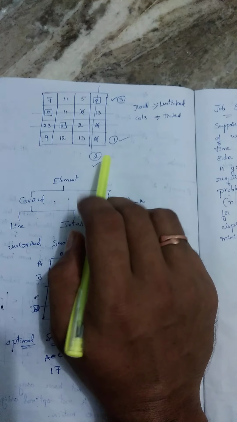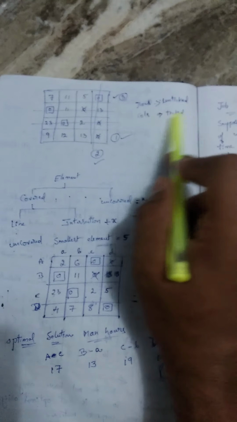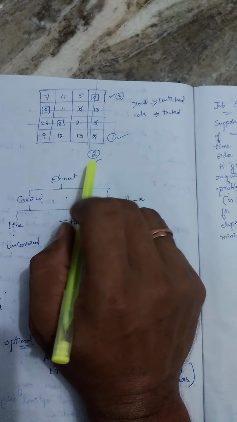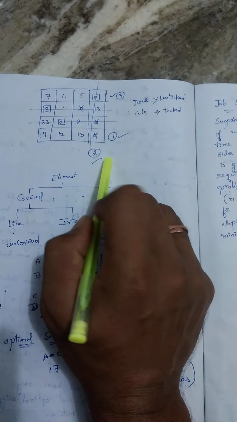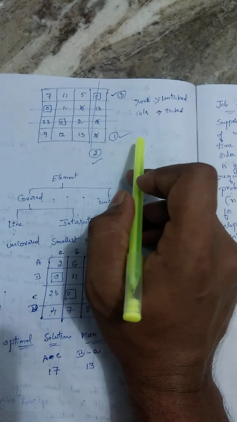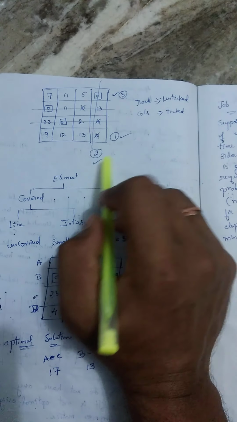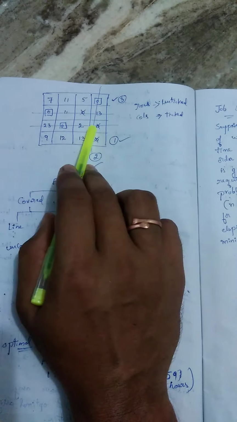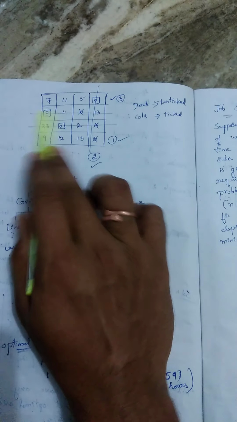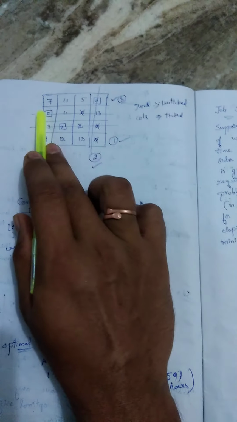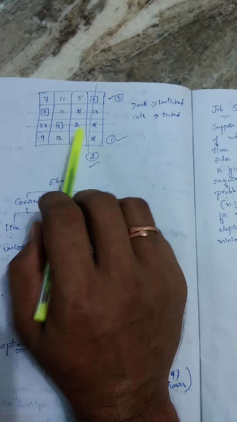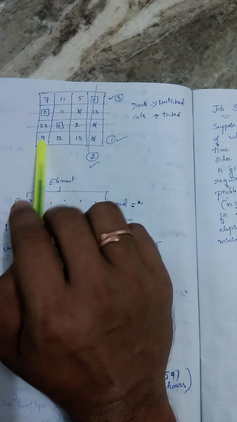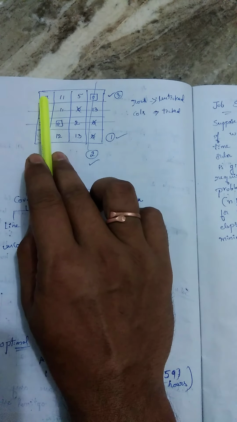After drawing the lines, we go with the ticked and unticked marking. We put a tick for the column and leave unticked the ones with drawn lines. This means for rows with drawn lines there is no tick mark: for the second row and third row there is no tick mark. We put a tick mark for the first row and fourth row, because there is no line for the first row and fourth row.